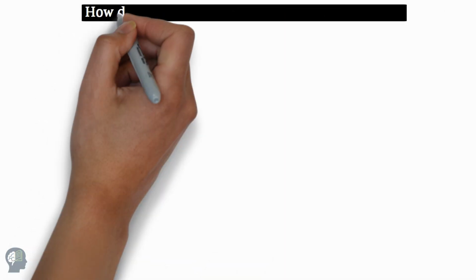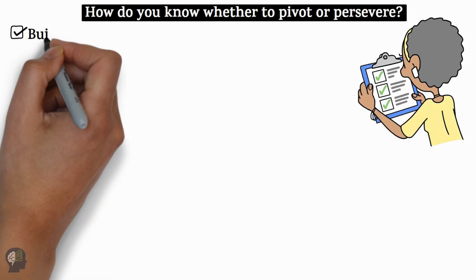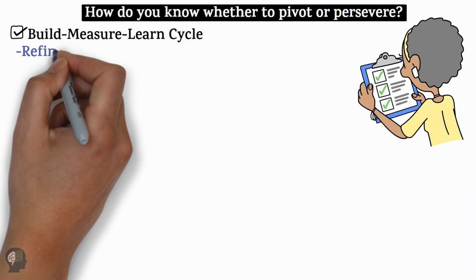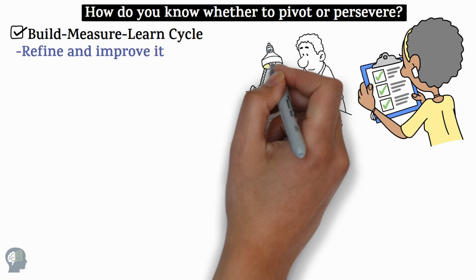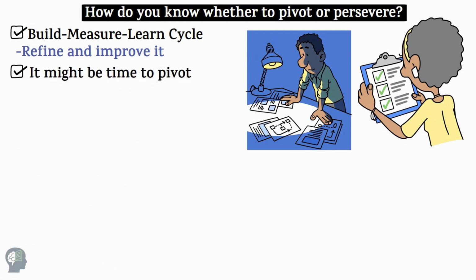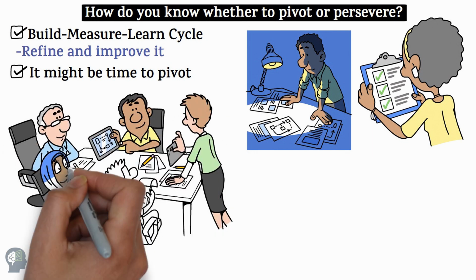So how do you know whether to pivot or persevere? Here's the test. If you have followed the build, measure, learn cycle, and your core idea is still gaining traction, refine and improve it. But if your data shows that people want something different than you expected, it might be time to pivot. The biggest mistake is ignoring reality and proceeding with a failing idea because one is emotionally attached